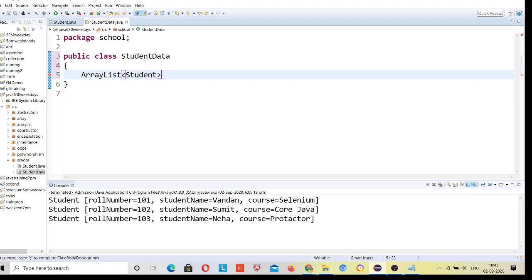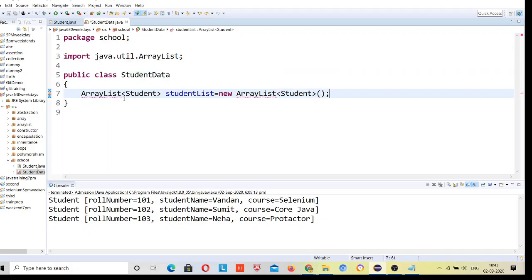Student, list equal to new ArrayList of Student, and this is the Student type of array list. Okay, now we need to add data inside this array list.